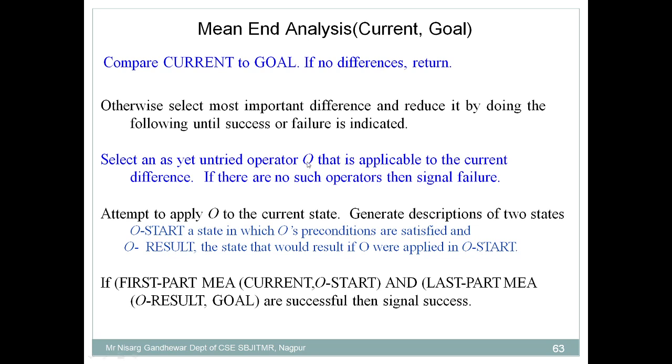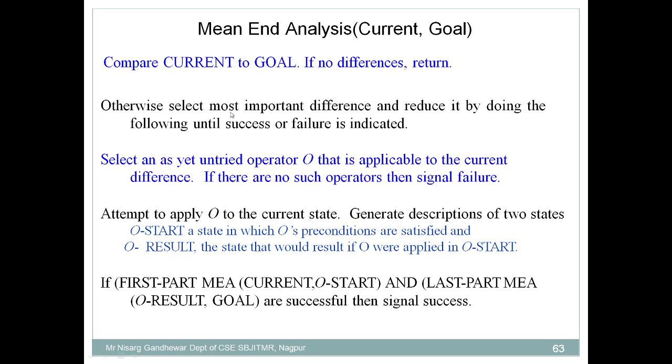That means you are present at the current state and you need to reach the goal state. Just like that, you need to reach from your home to the railway station, so you need to calculate the distance. What is the distance between your home and the railway station? In that case, you try to reduce the difference. You can say that you have reached the railway station when the difference is 0, when your current state and goal state are the same.